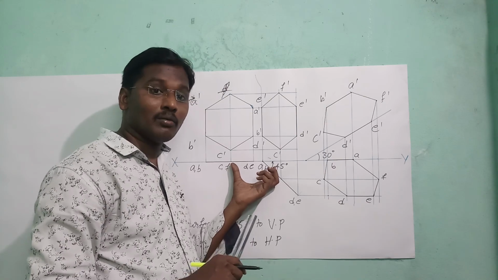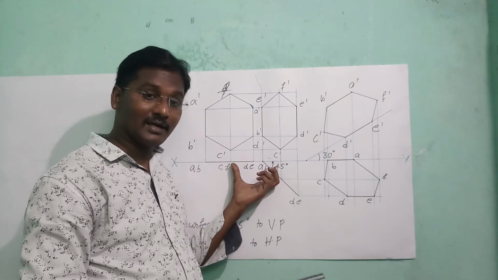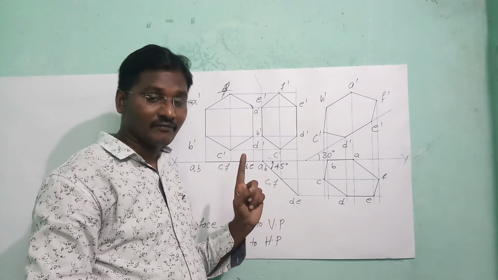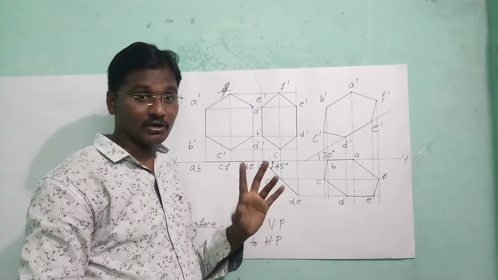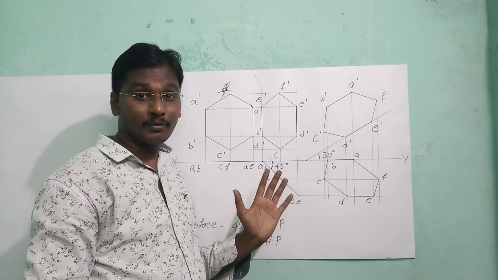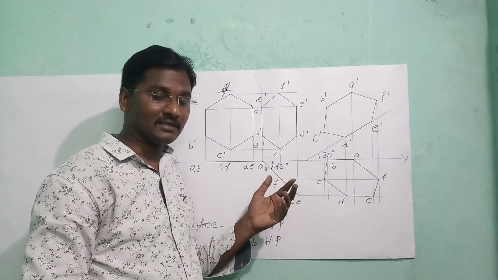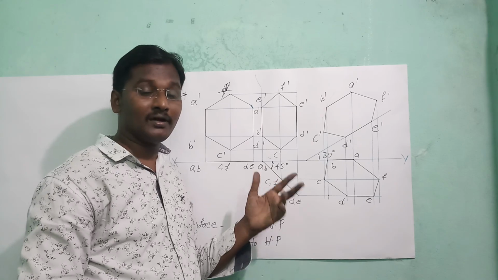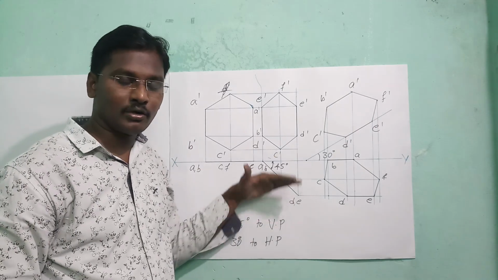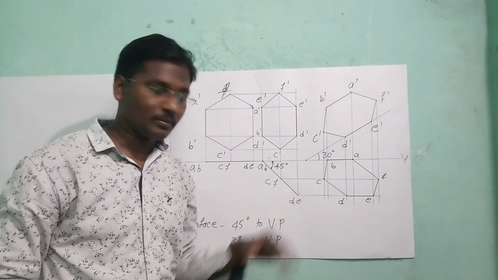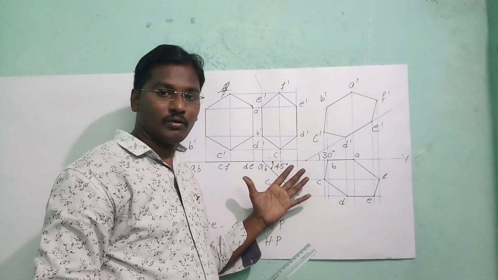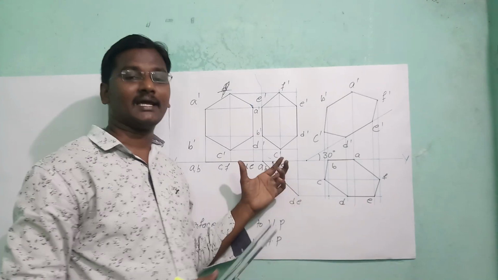Suppose the problem asks condition 3, that means inclined to both the planes, where the surface is inclined to VP. Remember that, the surface or lamina which is inclined to VP, only then will this procedure be correct. Suppose the problem asks for the surface or lamina which is inclined to HP. Now the reciprocal, that means you need to draw these diagrams below the reference line, and this procedure will be for above the reference line. Now I think all of you understand this concept, case 3 and case 4.